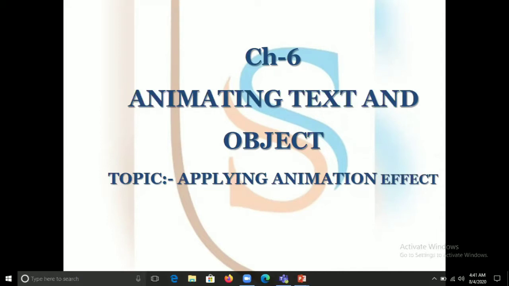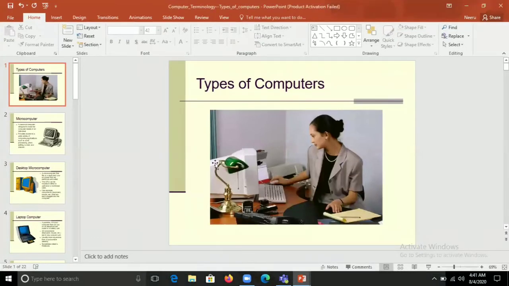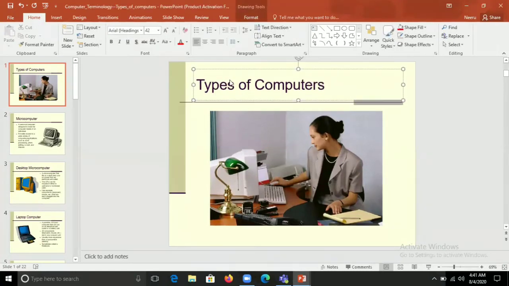So in PowerPoint, how can we provide the animation? When we provide the animation, our presentation will look more attractive. We can explain our point more clearly.